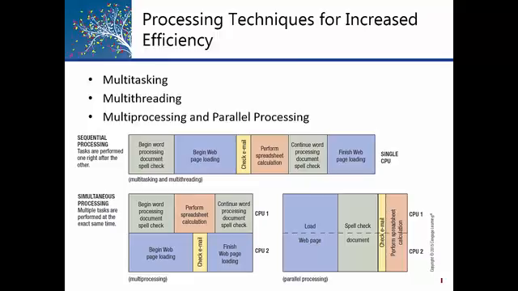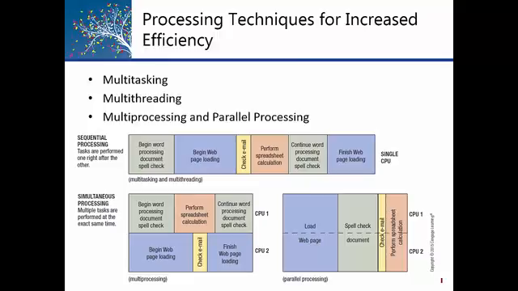If you're looking in the book, you're around pages 182, 83, 84, 85, and it's talking about various techniques that the operating system can use to make the machine work faster or use the existing hardware more efficiently. It talks about multitasking and multi-threading, multiprocessing, and parallel processing. These are processor CPU jobs,